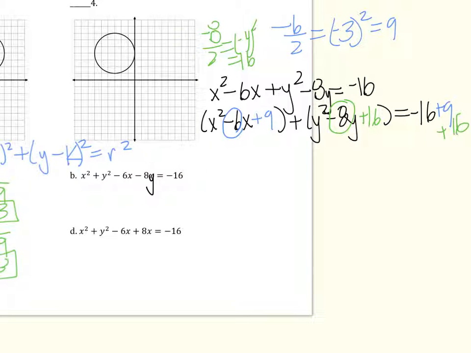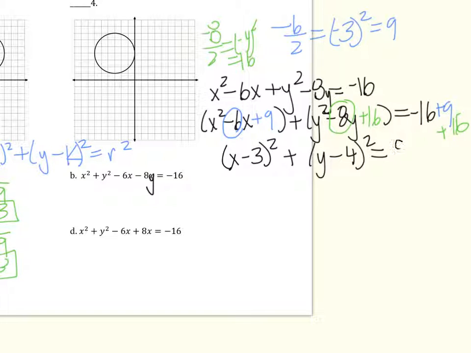I asked myself, what multiplies to 9 and adds to negative 6? That's negative 3 and negative 3. And then next I ask, what multiplies to 16 and adds to negative 8? That's negative 4 twice. And then I'm going to add this together. If you put this in your calculator or do the mental math, negative 16 plus 9 plus 16